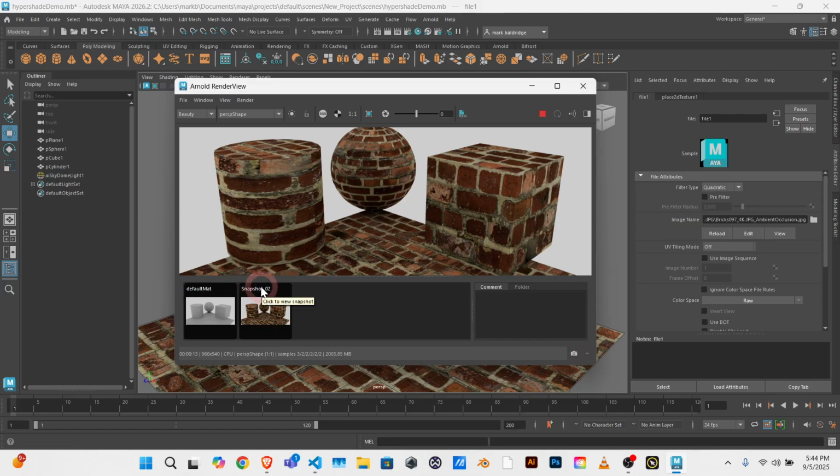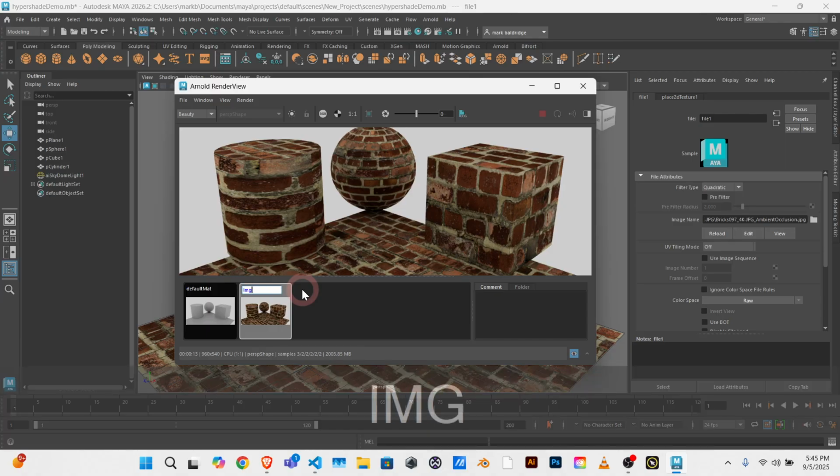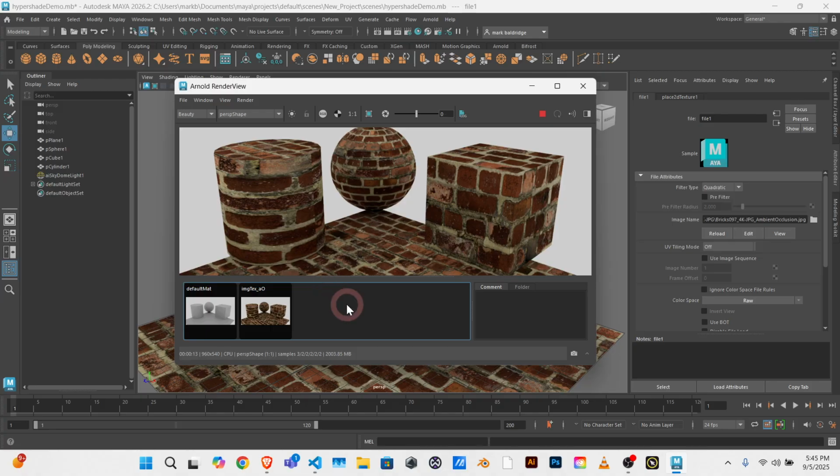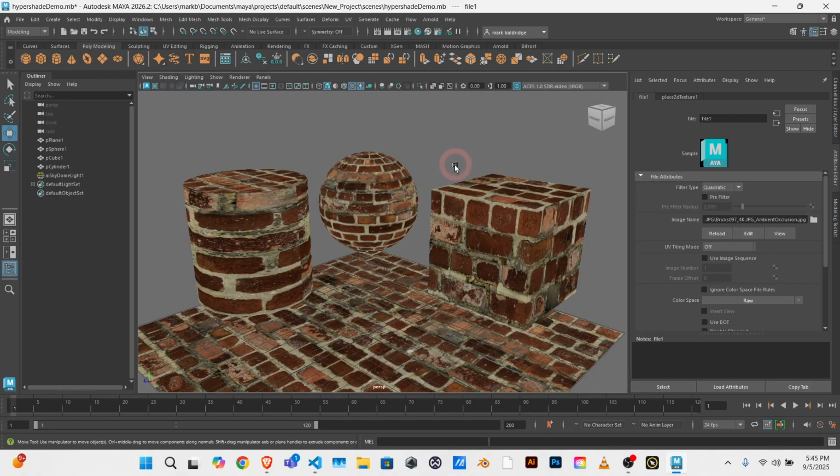And then I can rename this: image texture and ambient occlusion. How's that? So this has both of those things applied to it. All right. And the render is very different from this view, so it's worth rendering these and taking these snapshots. So back here,